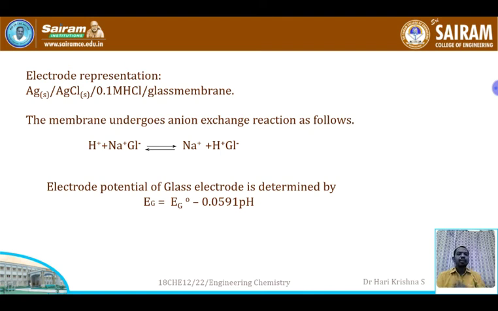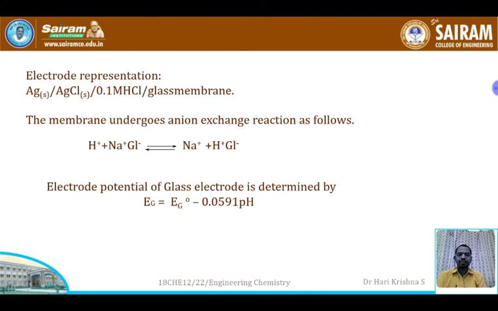So due to this, what will happen? Across the boundary, a potential will be developed. Due to this ion exchange reaction across the bulb, a potential will be developed, and that potential is known as the boundary potential, and it is denoted by EB. This boundary potential exists as long as the concentrations of H+ are different inside the bulb and outside the bulb. Once the concentrations of H+ ions inside the bulb and outside the bulb are equal, EB